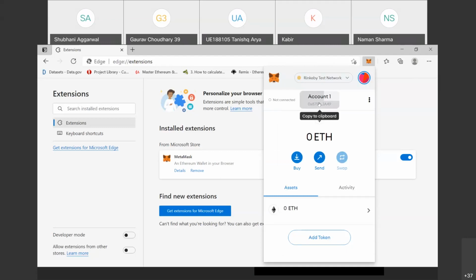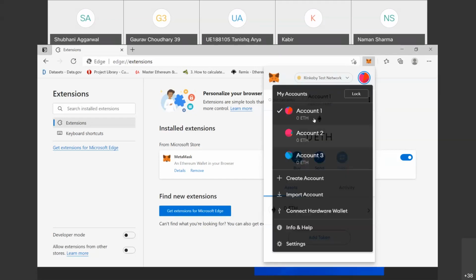If you click here, that is account 1 copied. Suppose this is your account 1, the address of your account 1 created on your MetaMask. Here you have 0 ethers. In each account you have 0 ethers.